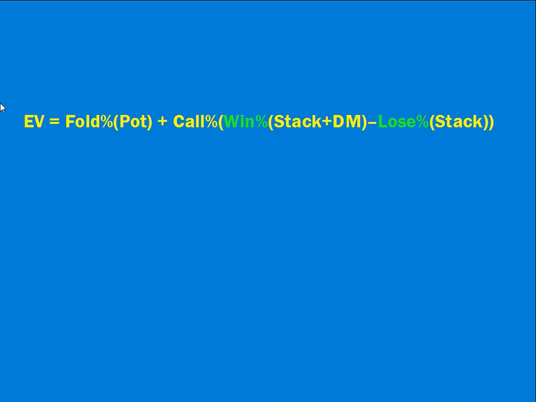Now, if you notice in here, nowhere in there does it say the EV of a shove is all this if it's no limit Texas Hold'em, right? It doesn't say that anywhere in there. All it says is a fold percentage, a call percentage, and then some percentages of wins and losses, right? It doesn't say Hold'em win and Hold'em lose percentage. It doesn't say 2 cards versus another 2 cards. All it says is win and lose, right? So this kind of brings up sort of a philosophical point